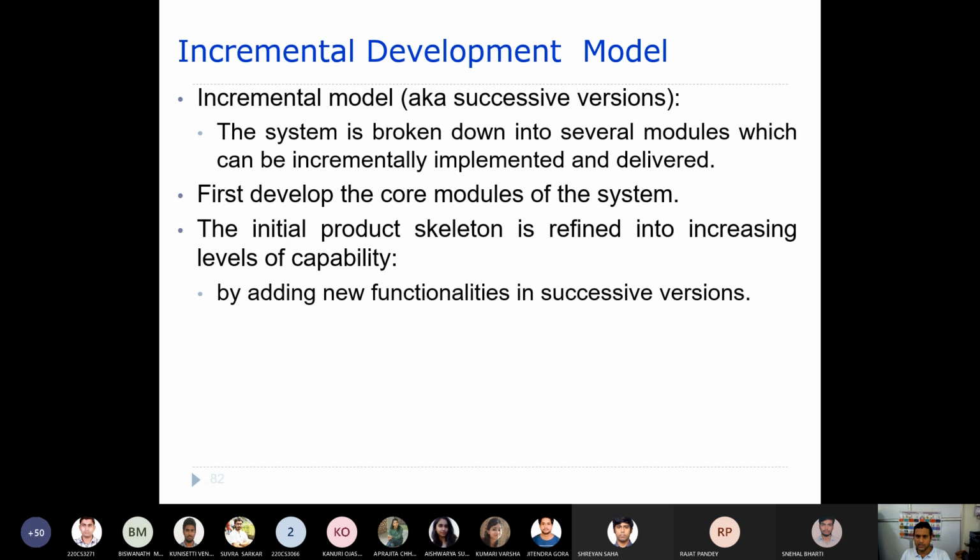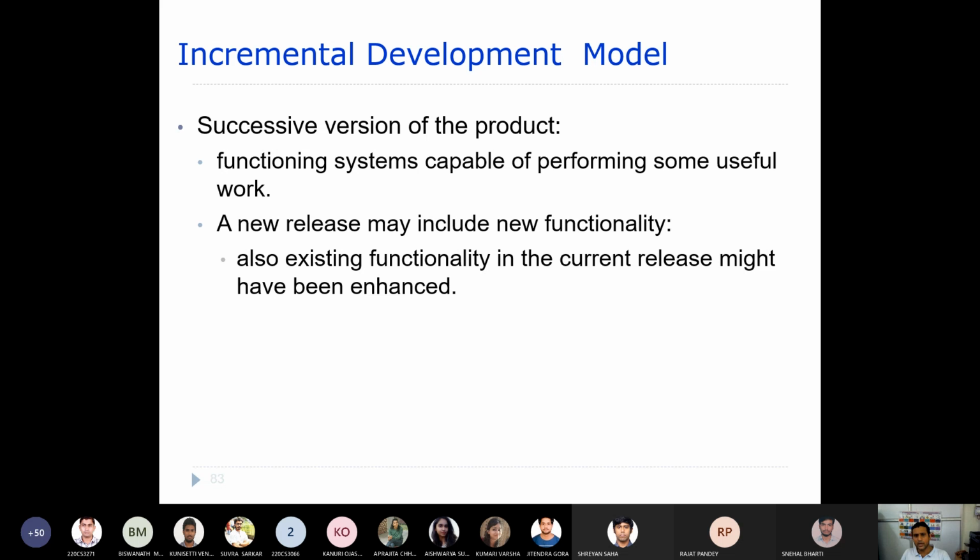So at each and every version, you keep on adding a few functionalities before delivering that particular software to the client. These are the successive versions of the product.